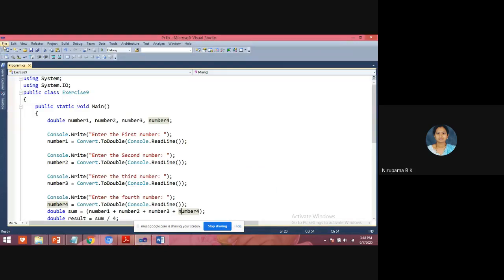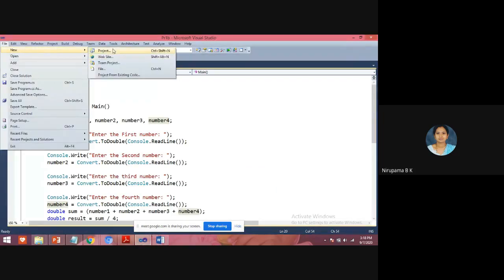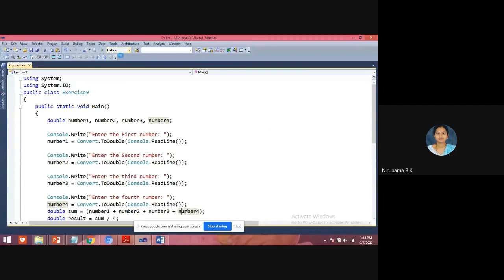Students, one more example I am showing. This example is not there for your lab, not there in the lab list. Just simply I am explaining, I am showing the execution of this program. This is to find the square root for a quadratic equation.